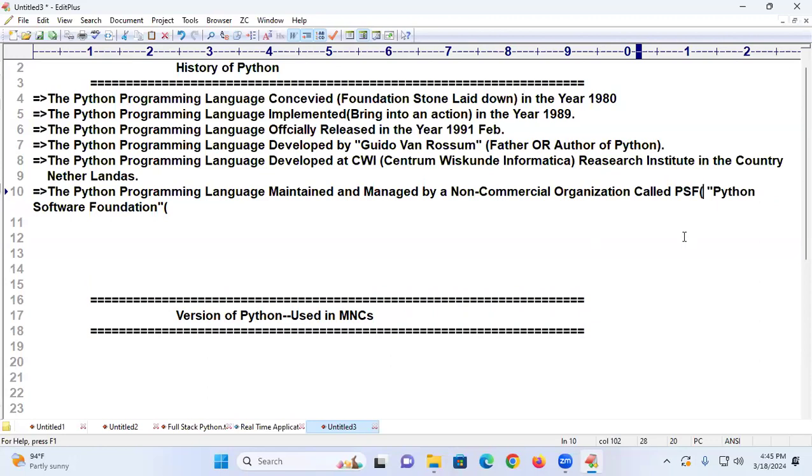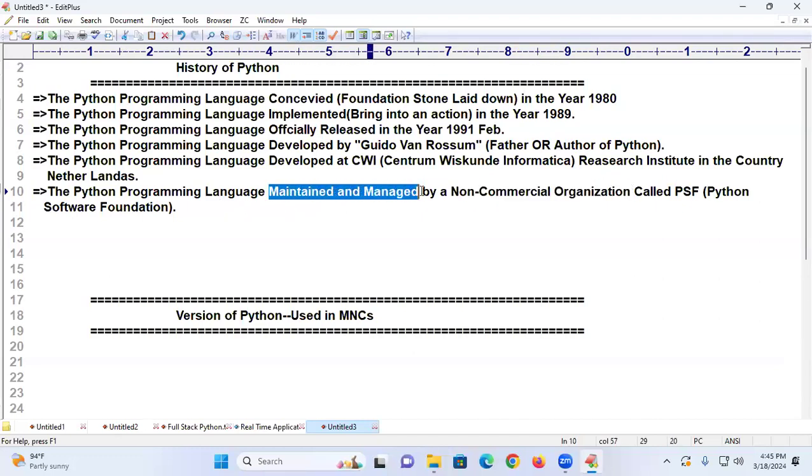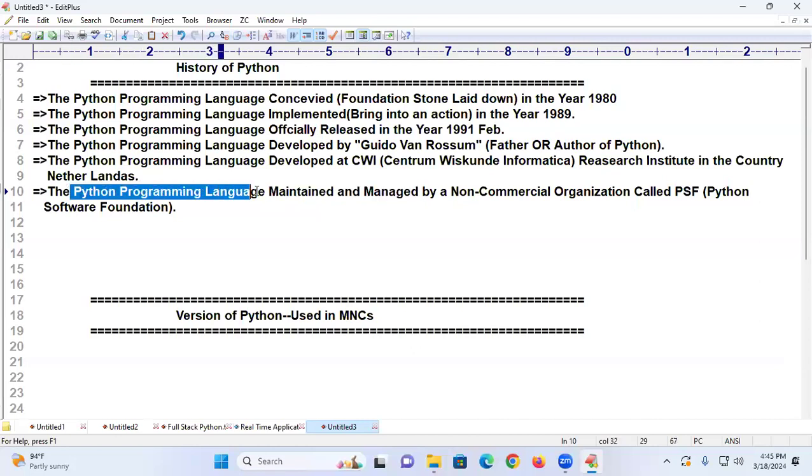Now, what is the PSF here? My dear students, what is PSF here? Don't tell full forms. That is a wrong answer. PSF is one of the non-commercial organizations which is maintaining and managing Python software.